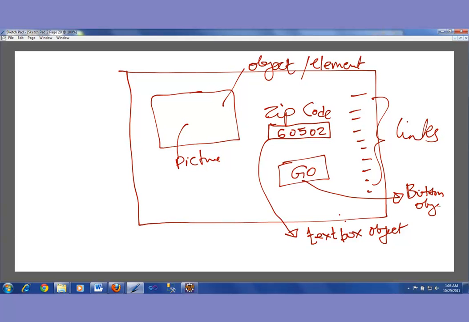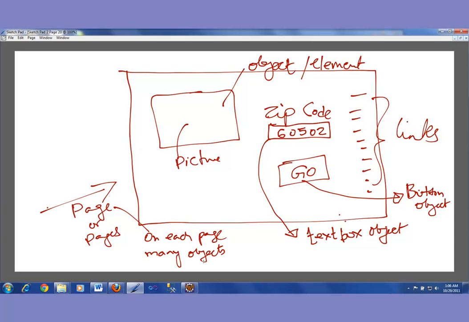Now, a website will have many pages, and on each page you have many, many objects. And what are those objects? Examples of an object are a text box, a button,